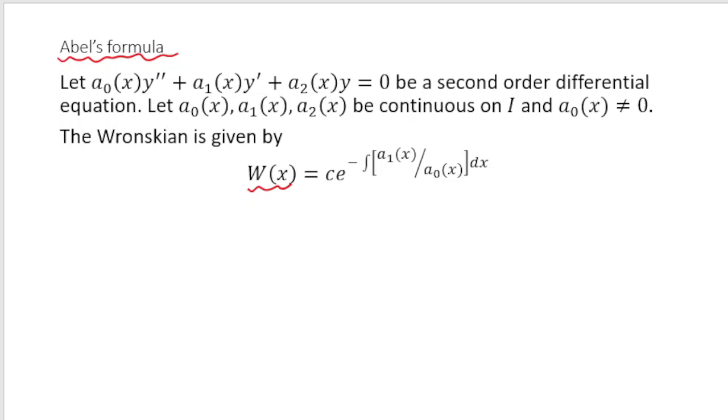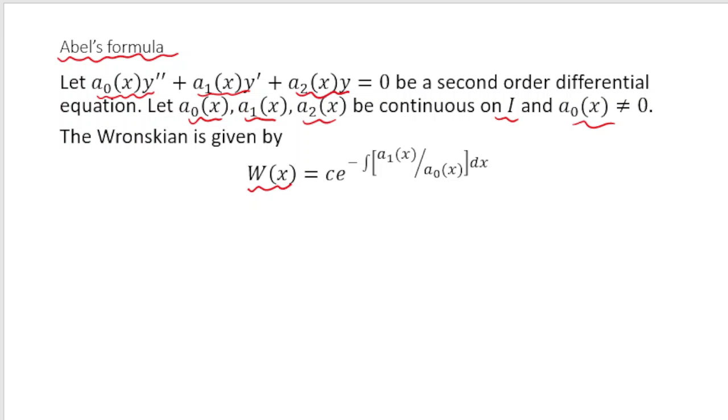I am explaining through some example, but before that let us look at this. So suppose we have a second order linear differential equation which looks like a0(x) y double dash plus a1(x) y dash plus a2(x) y is equal to 0, and it is given that a0(x), a1(x) and a2(x) are continuous on I and a0(x) is not equal to 0. Then the Wronskian of